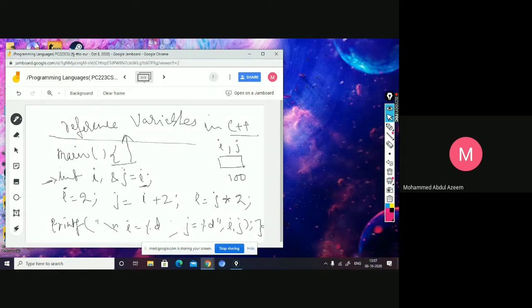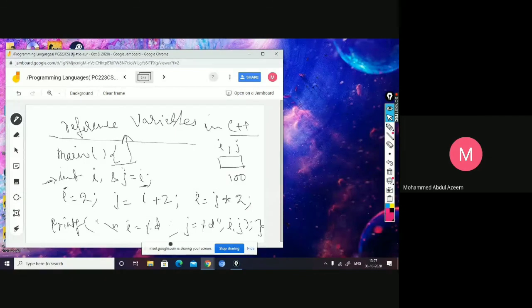But here in C++, we have reference variables explicitly declared, and then we make use of them. Initialization of the reference variables is done during the declaration time only. You don't do it after it, right? You do it at the time of declaration only. Immediately after you initialize the reference variable with some variable, it will act as an alias to that particular variable. So now you can see the rest of the execution.